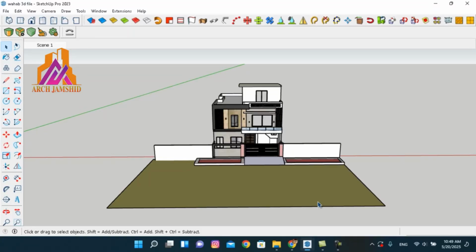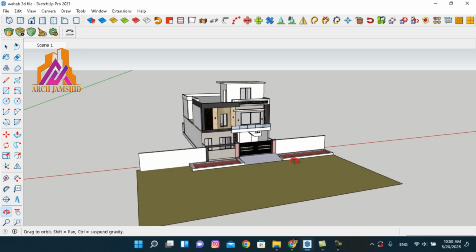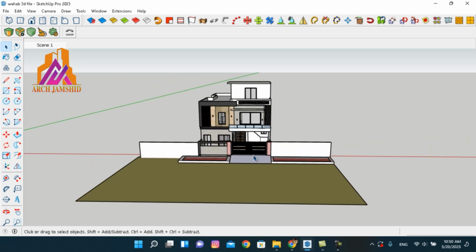In this video I will show you how to create custom shortcuts in SketchUp and why using custom shortcuts can